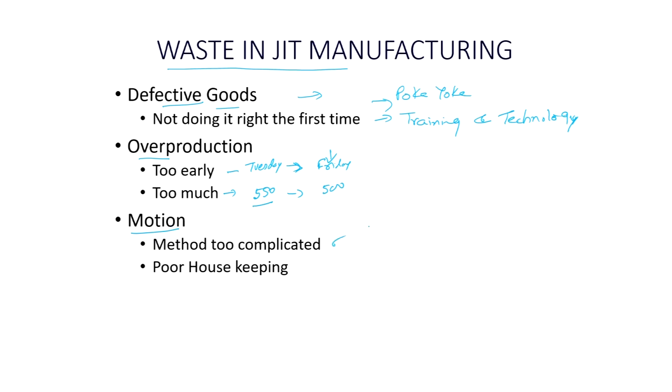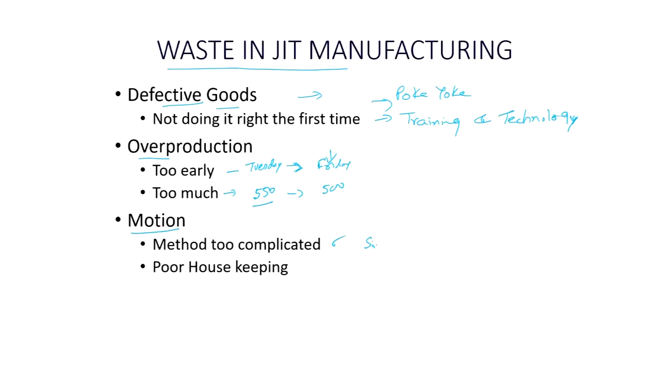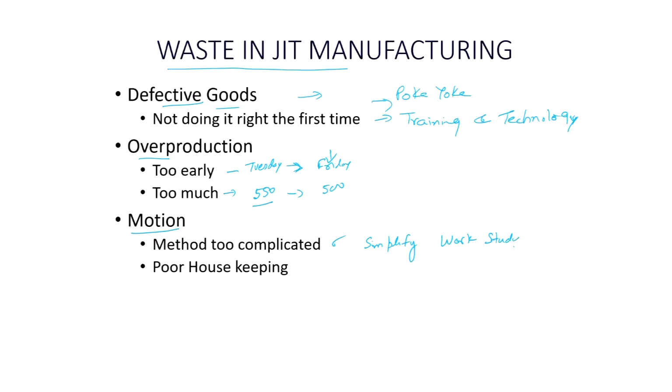Method too complicated. You have developed a system where a lot of complexity and complications are there in the process. Simplify that process. See that steps are carried out in a very simple manner, combine the steps, break the concept, find the new sequence also. We will study under the chapter on work study how to simplify the work. There is one best method, which is very simple, and we should try to find it. There should be no fatigue to the worker, no accidents, and no extra movement.